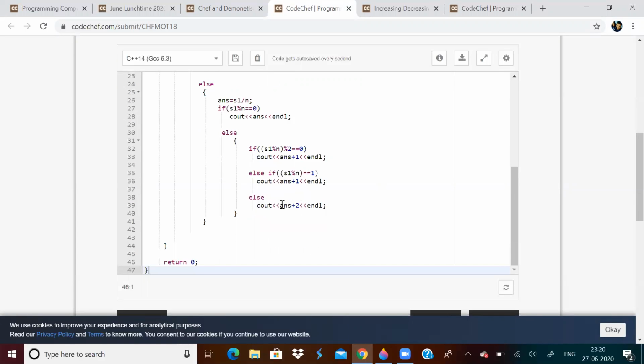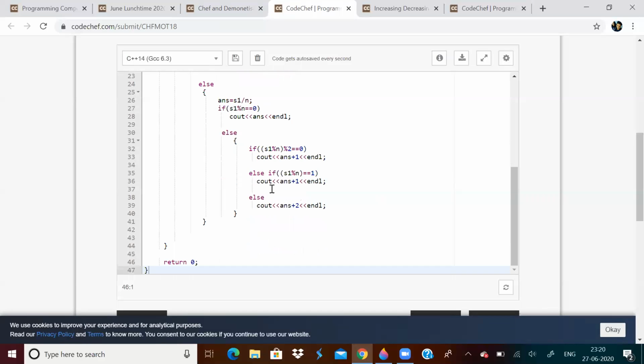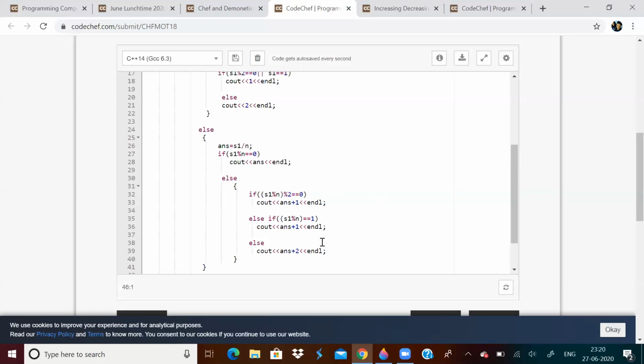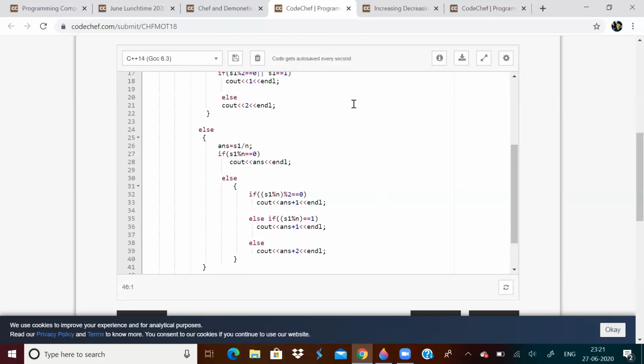It is very simple. If you just take a pen and paper, you will easily understand what I'm doing. And I think most of you would have solved it also, but whoever has not, just pause the video and try to think by yourself. I have told you almost everything. I just want you to think by yourself for this. What have I done here? It is very simple. After finding out S by n, find out the remaining. That is S mod n. How much is remaining? So this was the first problem.